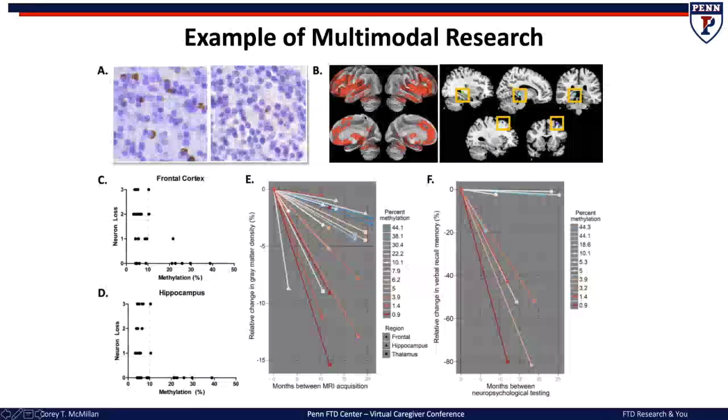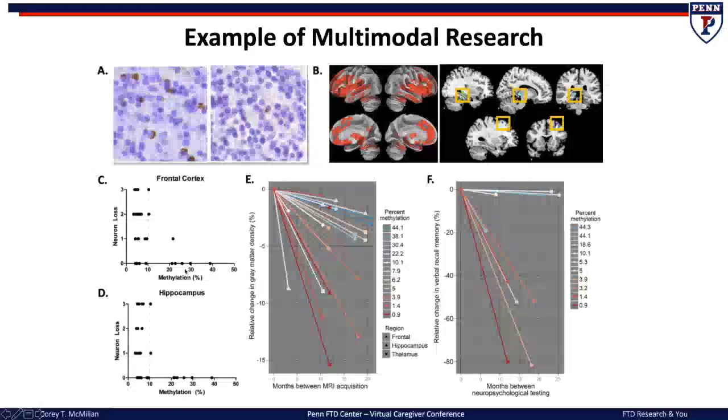So in panel B, we see regions of the brain in red that are affected by FTD and specifically C9orf72. And then in the orange boxes, we see 3 brain regions that have appeared to be thicker in those individuals that are protected through this methylation mechanism. They include the hippocampus, the thalamus, and the motor cortex, which are all regions that are known to be affected by C9orf72. We can validate these findings in panels C and D by looking at the amount of neuronal loss associated with these